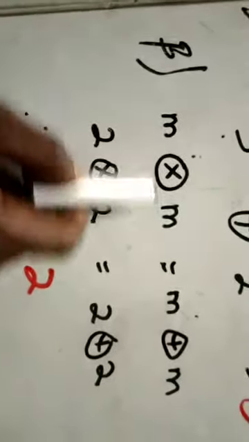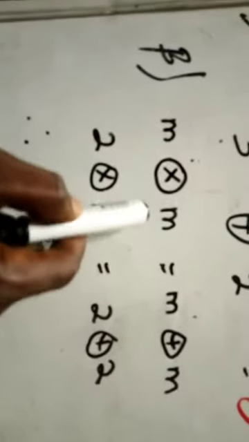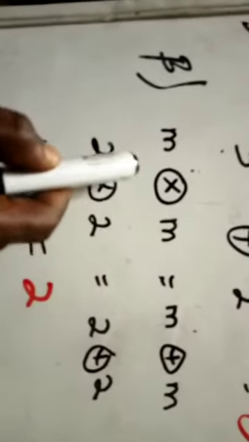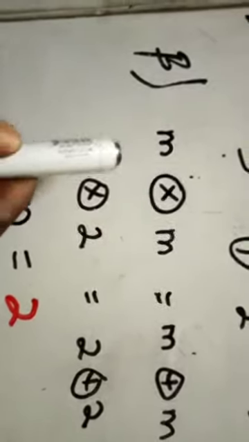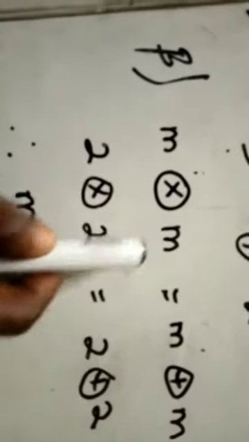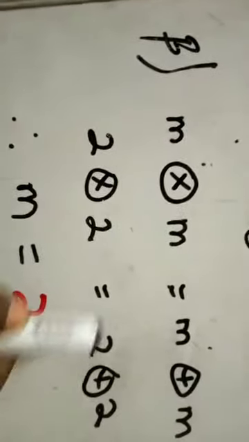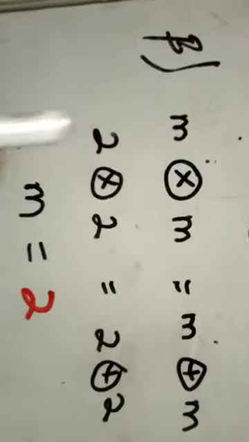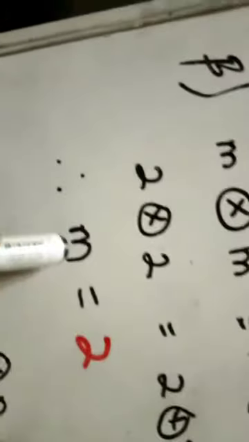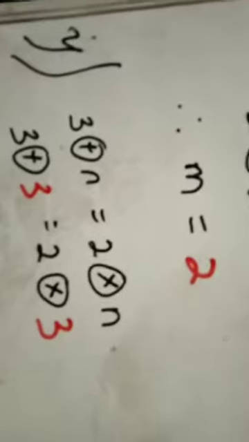M is what we are looking for. The missing variable, the missing person here is what? M. Is that okay? What we are looking for is the m. So after finding the m, don't leave your answer like that. So you should write that m is equal to 2. Right? And then the latter part, which is the gamma over here, that says that